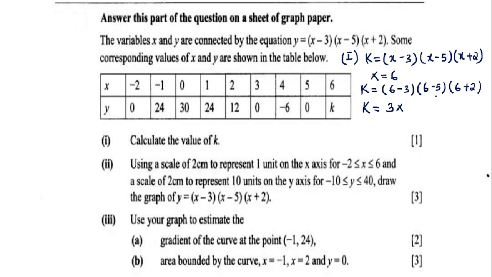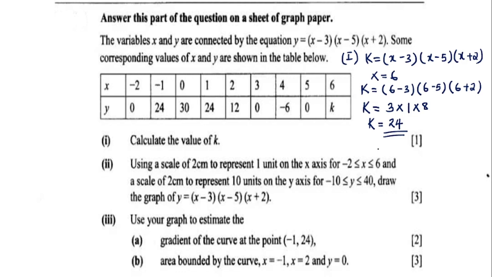Then 6 minus 5, your answer will be 1. Then 6 plus 2, the answer will be 8. So when you multiply 3 by 1, then by 8, our answer there will be 24, and that is the value